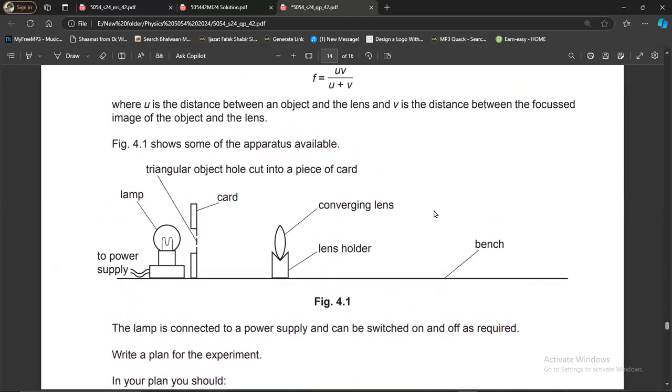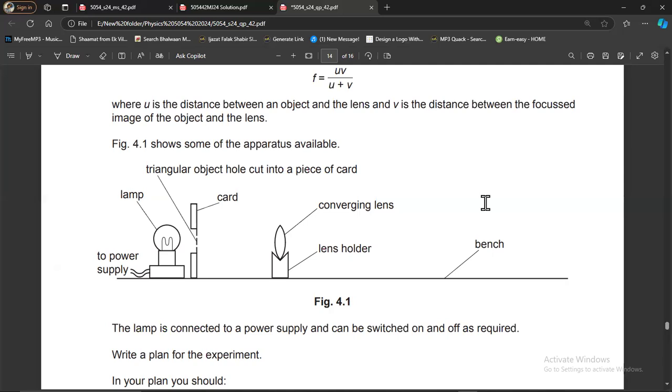So one thing, I will put a holder here and put a screen in that holder. And I will put a scale here. With the help of the scale, I will switch on this lamp and I will move this lens forward backward, or maybe the screen forward backward, until I get a sharp clear image of this hole on